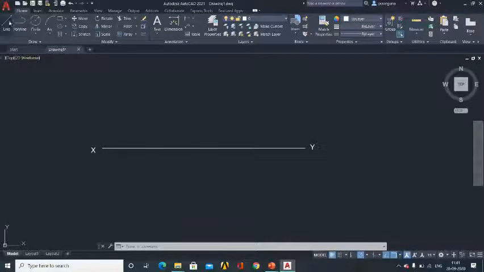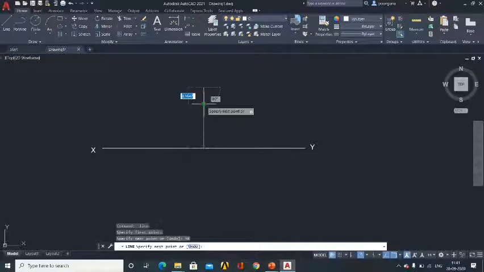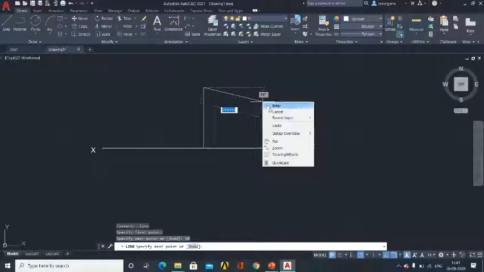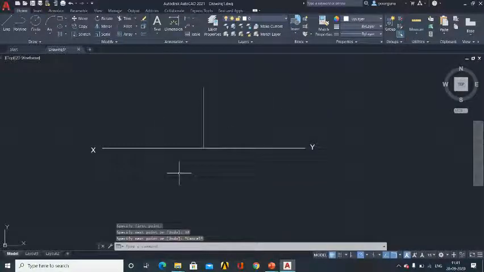So what you do, go to the line command, and you can see this is the midpoint of this particular XY line. So it is denoted by a rectangle. So you click here. I need a vertical line, so I need to keep the angle 90 degree, and I know the length it's 30 mm, so the length of the line will be 30 mm. Okay, so either you can press escape or you can right click and give cancel. So I have drawn a 30 mm line above HP, and I need to put a point.